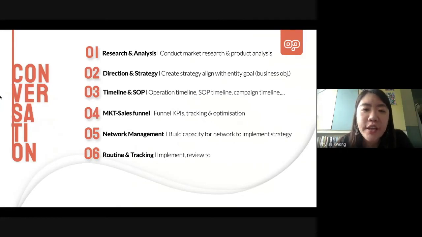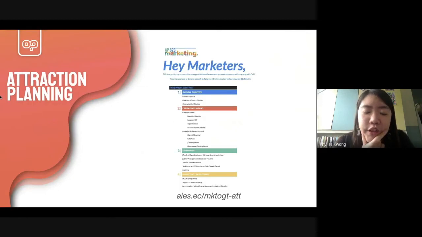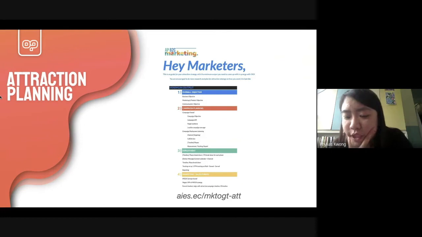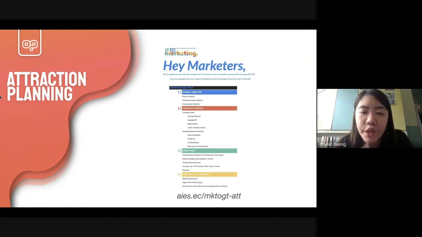So I will put it here. And last but not least, you can go to this new campaign framework that I put there. Although it's for OGT, I checked it already, and the whole campaign idea and framework is the same. So you can use the same framework to design your marketing campaign for your oGV.